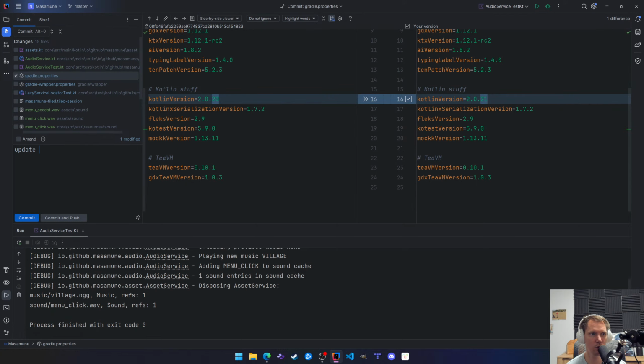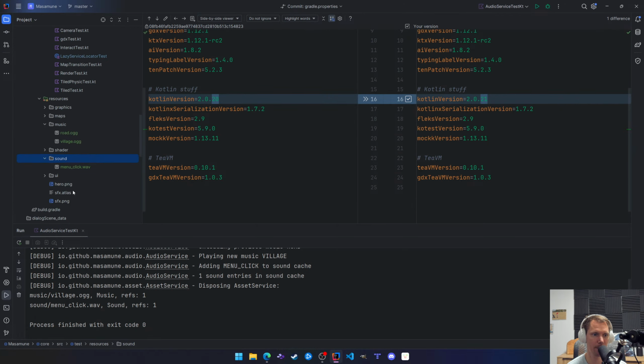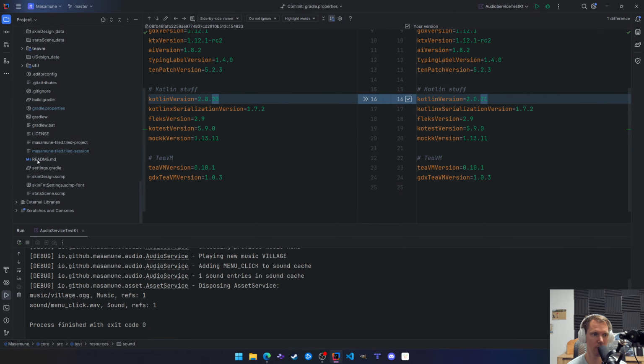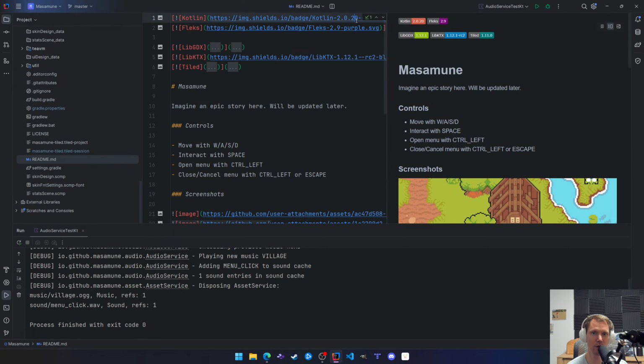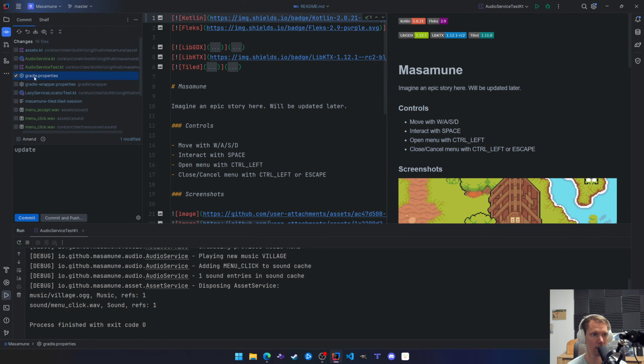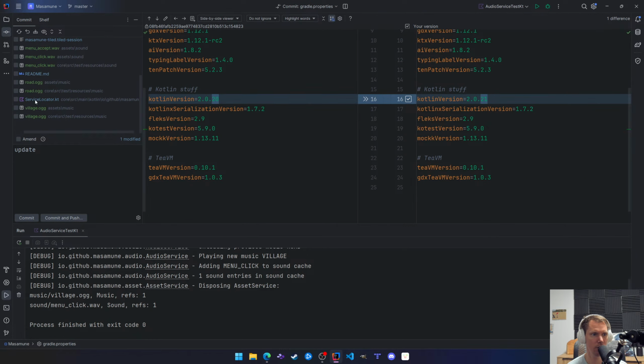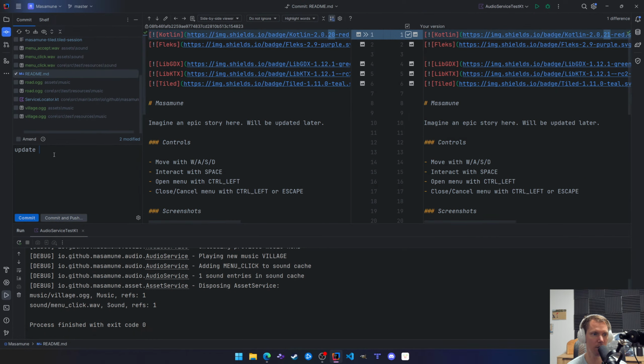Oh wait, do I also have a patch in the README? I'm not sure. I have, so let's update here as well. 2021. So that would be this change here and the README. Update Kotlin to... Okay, then